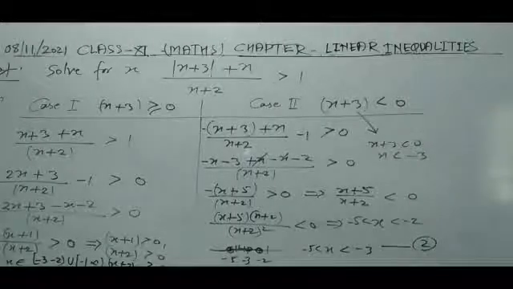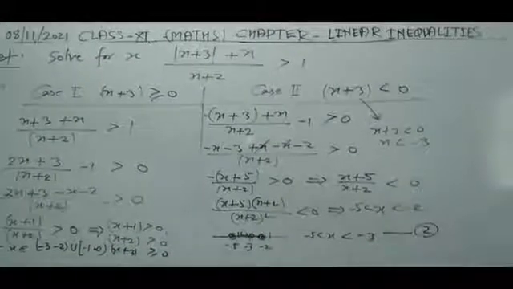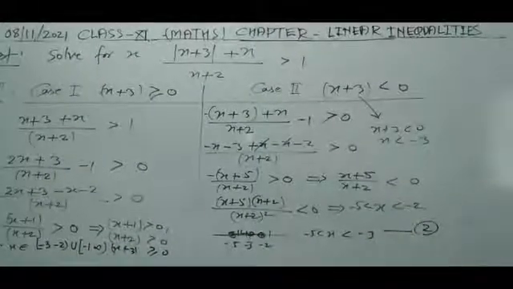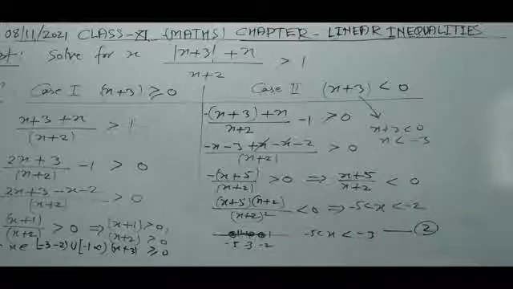Now see, there are two solution sets we have got. Now take their intersection, from inequality 1 and inequality 2. What will you get as the result combined? When you draw a number line, you will get minus 5 to minus 2 and union 1 to infinity. This is 1 to infinity in a semi-closed interval, and this will be in open intervals.